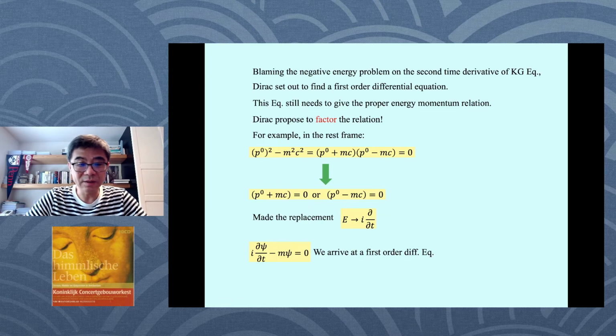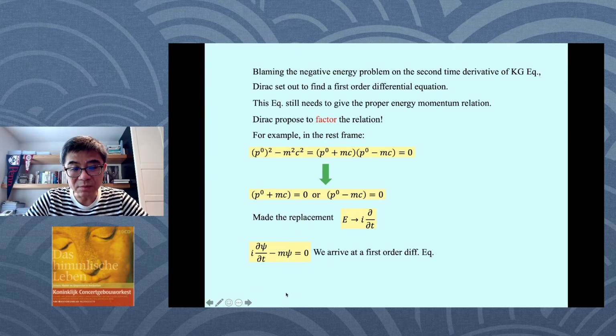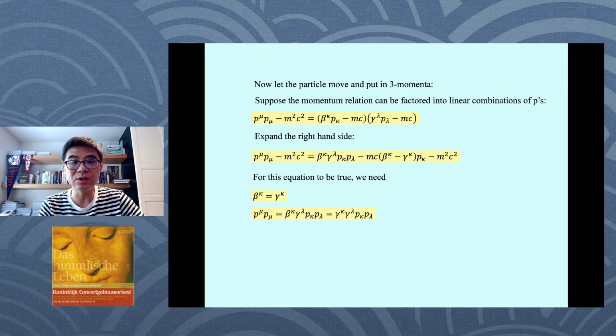If you plug in the plane wave solution, it will satisfy this, and if you satisfy this, you will satisfy the original energy momentum relation. By using a first order differential equation, you satisfy an energy momentum relation which is quadratic in p0. Now what we need to do is to do the same thing for any frame,